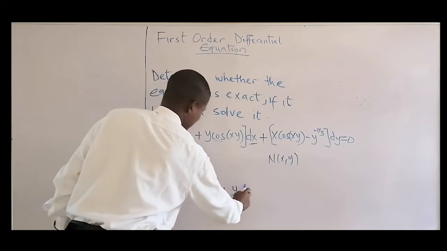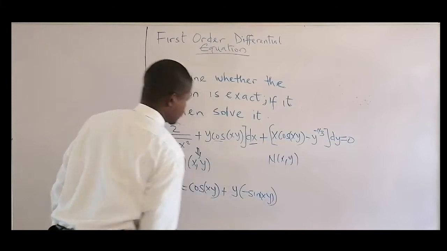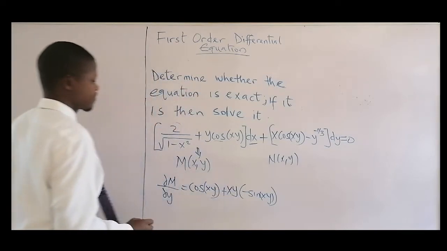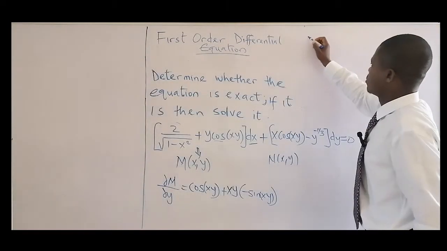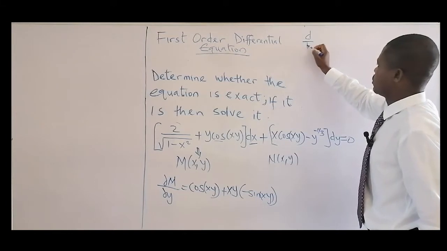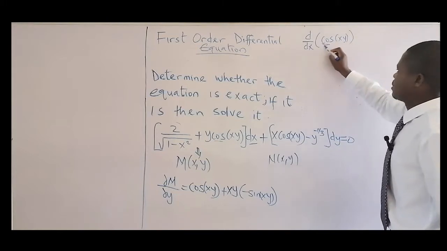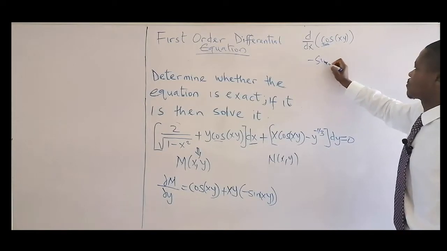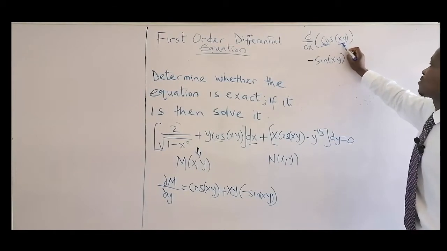When you differentiate sine, you have minus sine xy. When you now check the function inside here, xy, differentiate that also with respect to y. That will give you x. So you multiply that like this. Okay? Let me explain that again. If you want to differentiate cos xy, it's a function of functions. First of all, get the outer one. The derivative of cos is minus sine. Write the function. Now differentiate the inner function xy with respect to y.